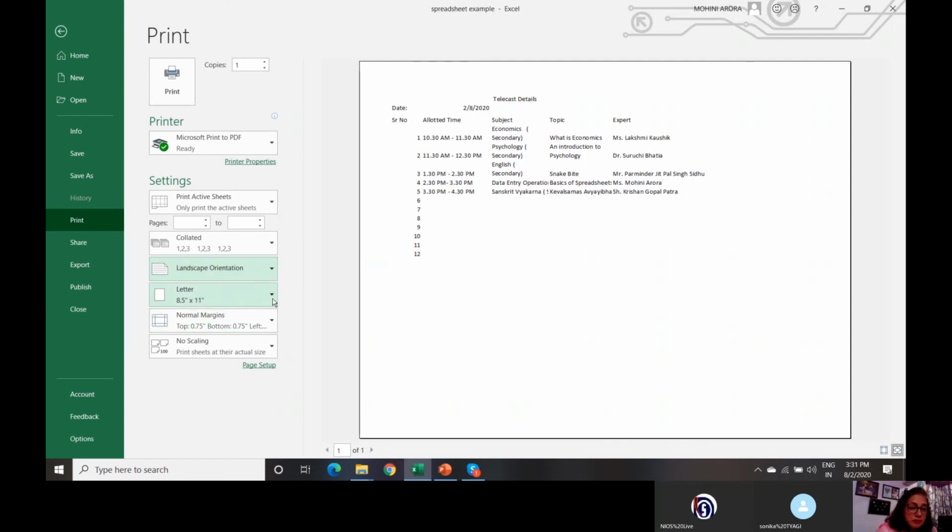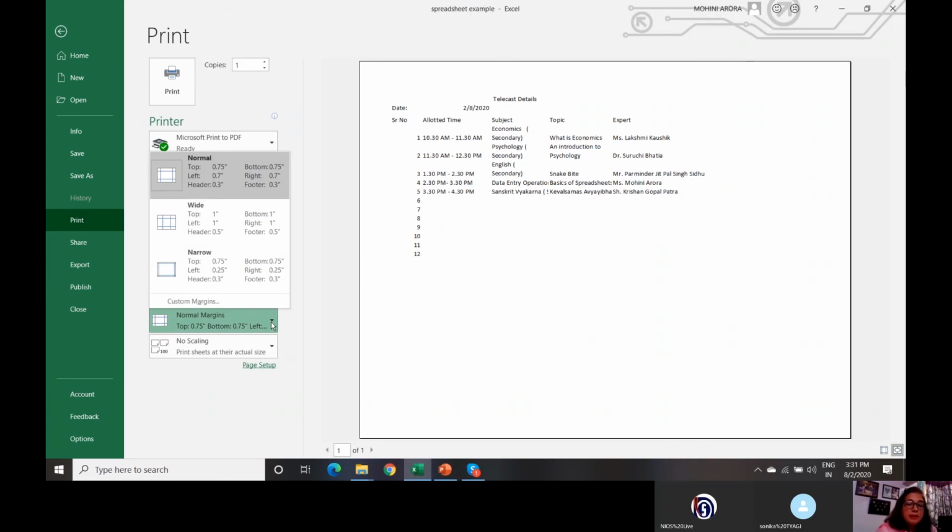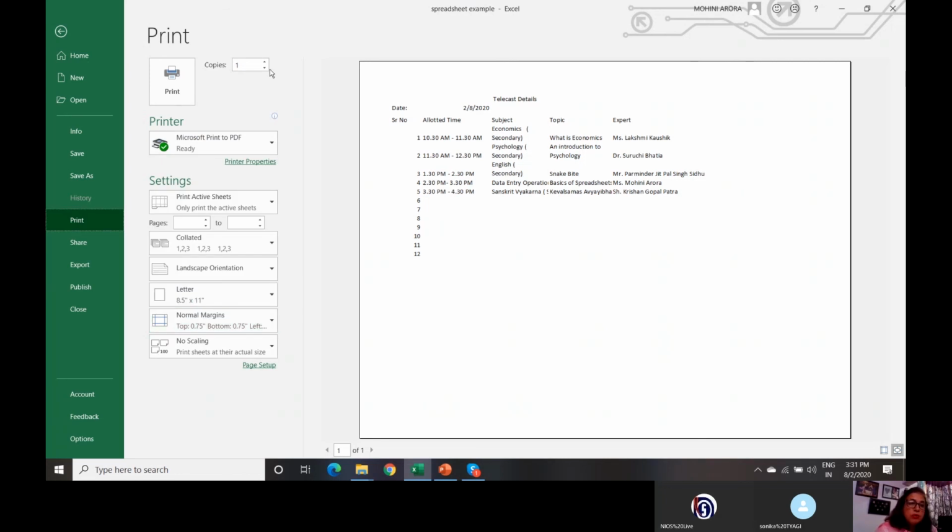Size of the page can be set here also. Margins of the page can be set here also. So you have one option in Page Layout, but before going for printing you are given these options too. You can choose any of the options and then click on Print. If the printer is connected, the sheet will be printed, right?